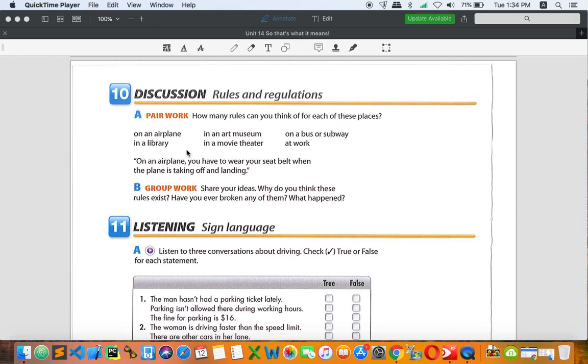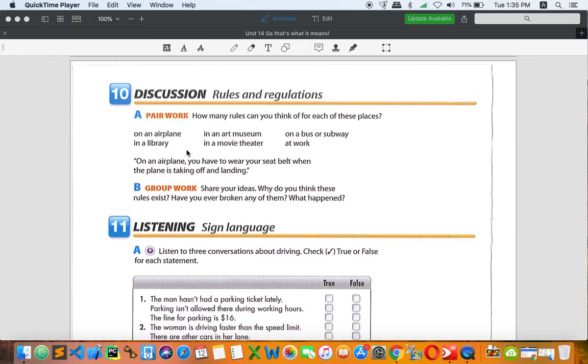All right, let's go to in a library. I think most of us have been to a library, and most of the time when we go there, we just want to read and find information related to our study, our objective. Maybe you have an assignment to do, then you can go there to find more information about that. Let's talk about some rules there. First, I think you cannot talk loudly, right? But you can borrow books for a certain amount of time. For example, you borrow one book for 2 or 3 days, right?